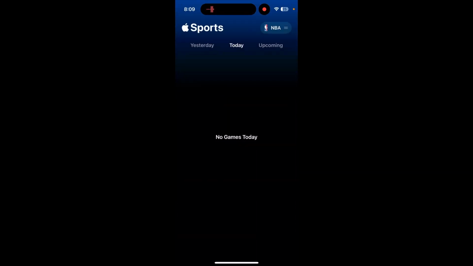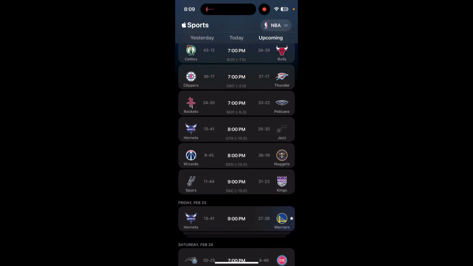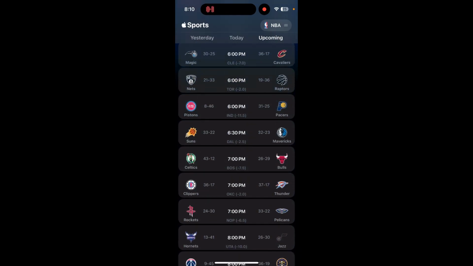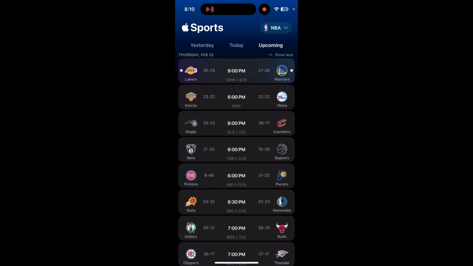And so let me get out of news. And when you go into sports, right here, you're greeted with 3 sections: yesterday, today, and upcoming. Now, of course, you know what these 3 are. Yesterday was all the games from yesterday. Today is basically all the games from today. And upcoming are all the games that are going to happen.